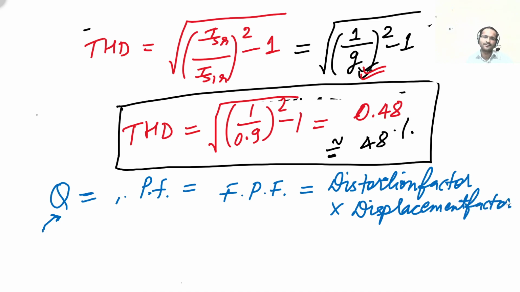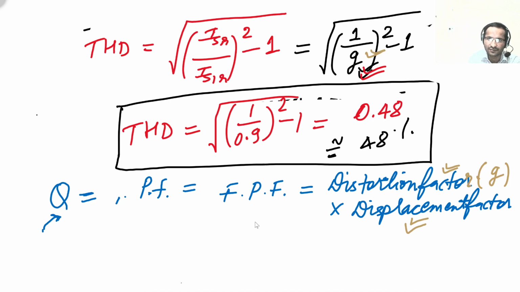When we consider pure sinusoidal current and voltages, we calculate power factor by just the displacement factor, but here the source current is distorted, so the power factor formula is modified. Now we only calculate the displacement factor when we consider both sinusoidal voltage and currents, meaning we calculate cos phi. Phi is the angle between voltage and current, but here since the source current is distorted, we are also multiplying it by the distortion factor, which is g here.